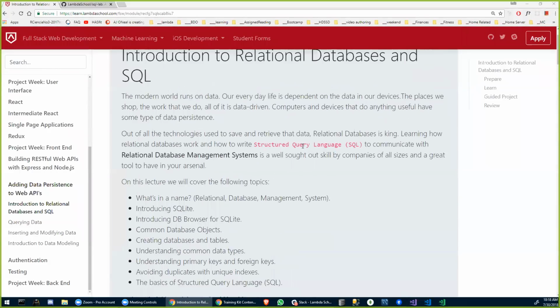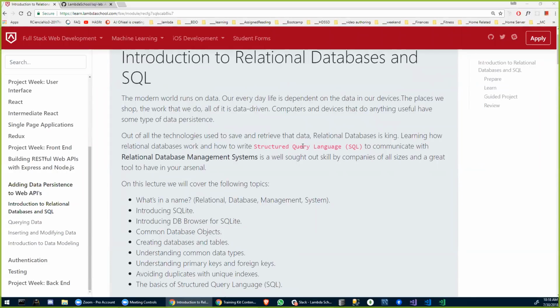So let's see what we have here on the training kit. It's not 100% complete. Keep coming back to it because it will get better, right? But this is the first pass. You get to be on the edge of technology, right there, fringe, on the training kit content. All right. So